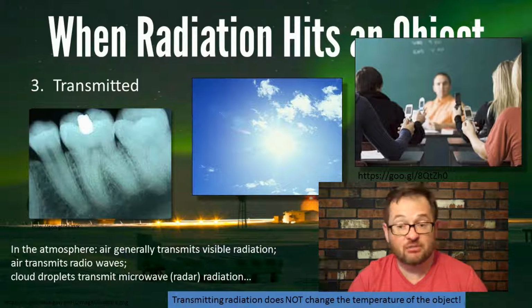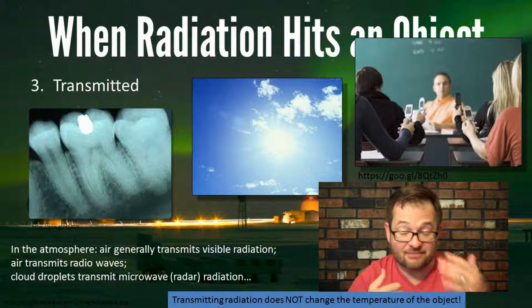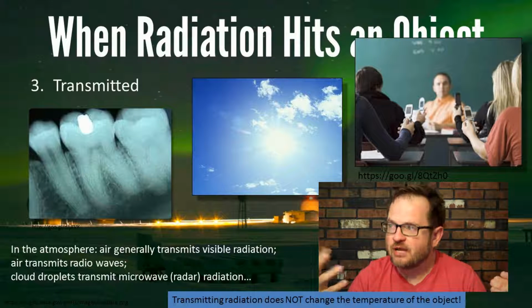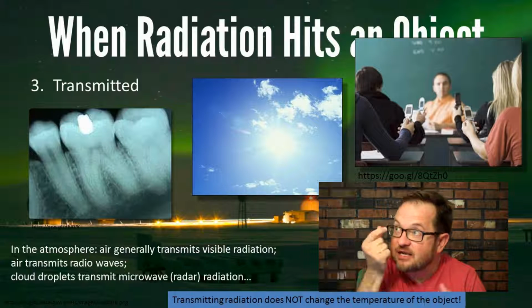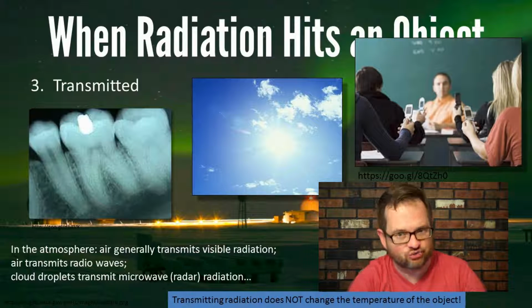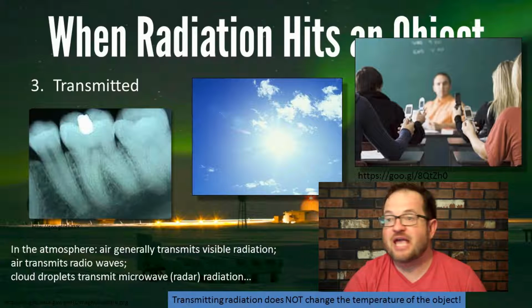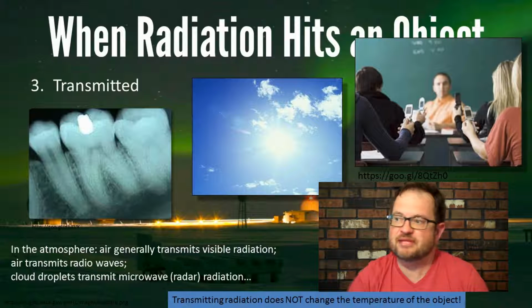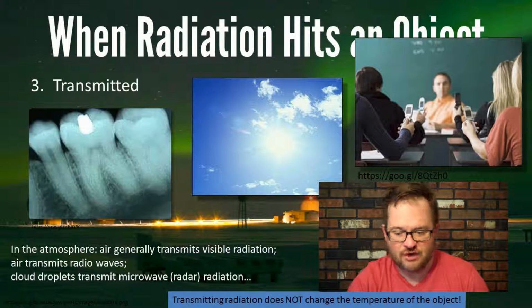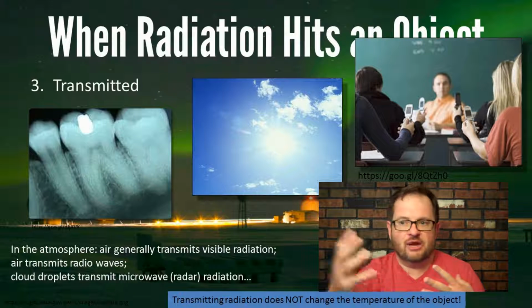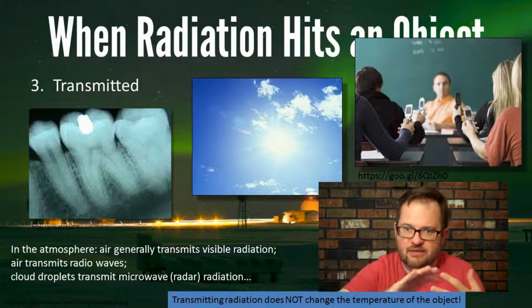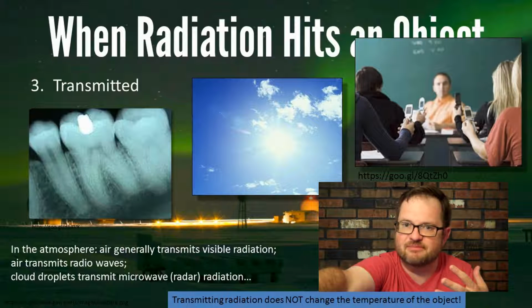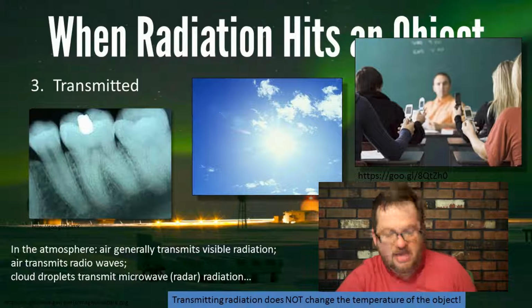By and large, visible light is transmitted through the Earth's atmosphere. That's why we can see, right? If I can look up and see the sun, apparently light from the sun is making it through the atmosphere to my eye. It is being transmitted. The atmosphere, for example, mostly transmits radio waves, another type of radiation, right? That's why the radiation from your cell phone is able to make it to the tower, right? The radiation mostly is being transmitted. It's not being absorbed by the atmosphere or so on. For that matter,